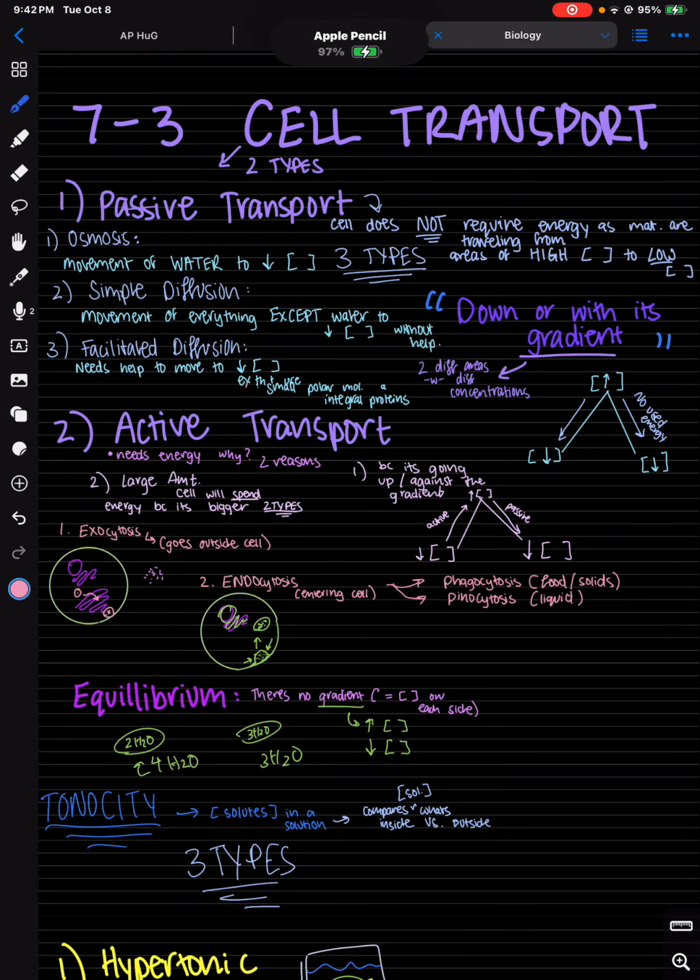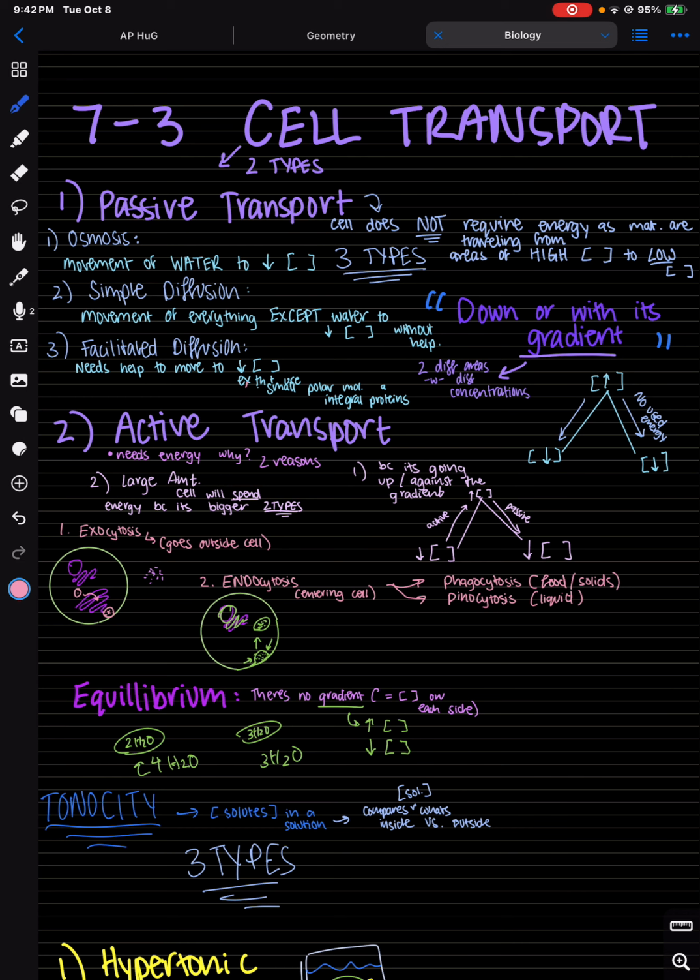Okay, so 7-3 is about cell transport. Cell transport is the transportation of materials in cells. There are two types of cell transport: passive transport and active transport. The first type is called passive transport,